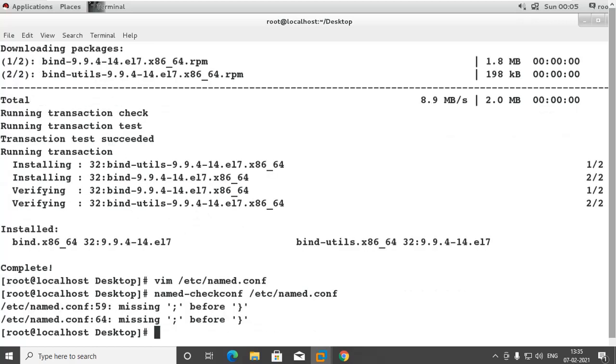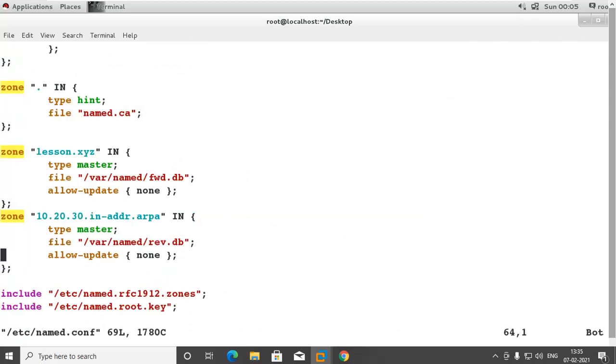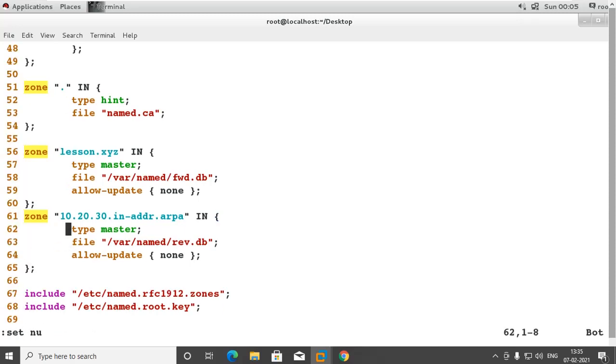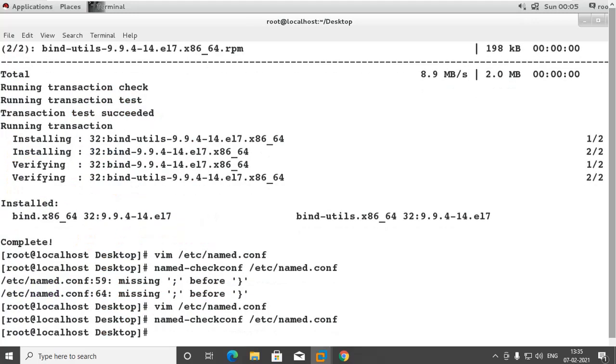It's giving me an error in line 59. I'll go back and see what that is. Line number 59. Oh, I missed a semicolon here. These are the general mistakes which are made while configuring these files. Here also I missed one semicolon. There is no error, that means the configuration file is okay.